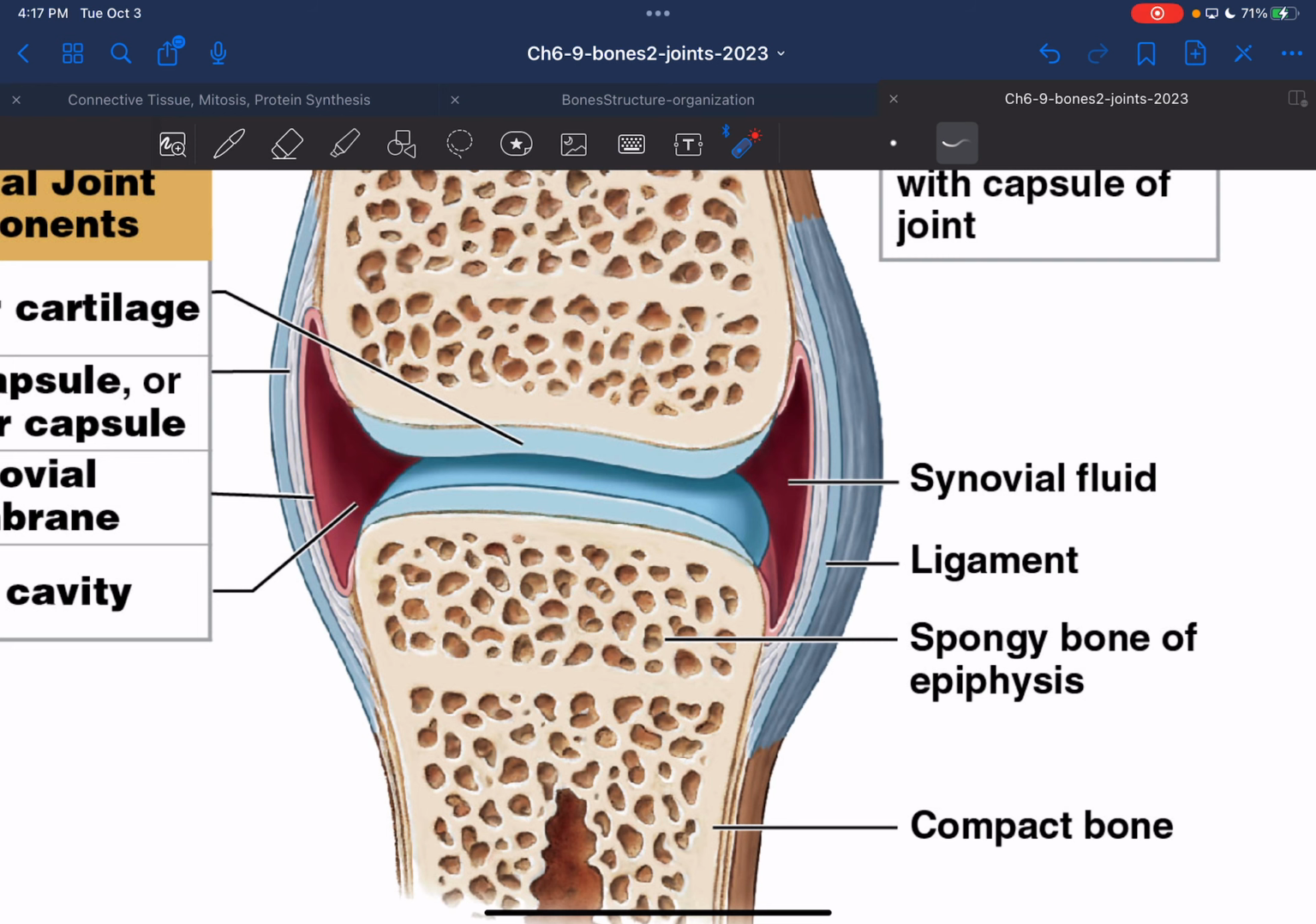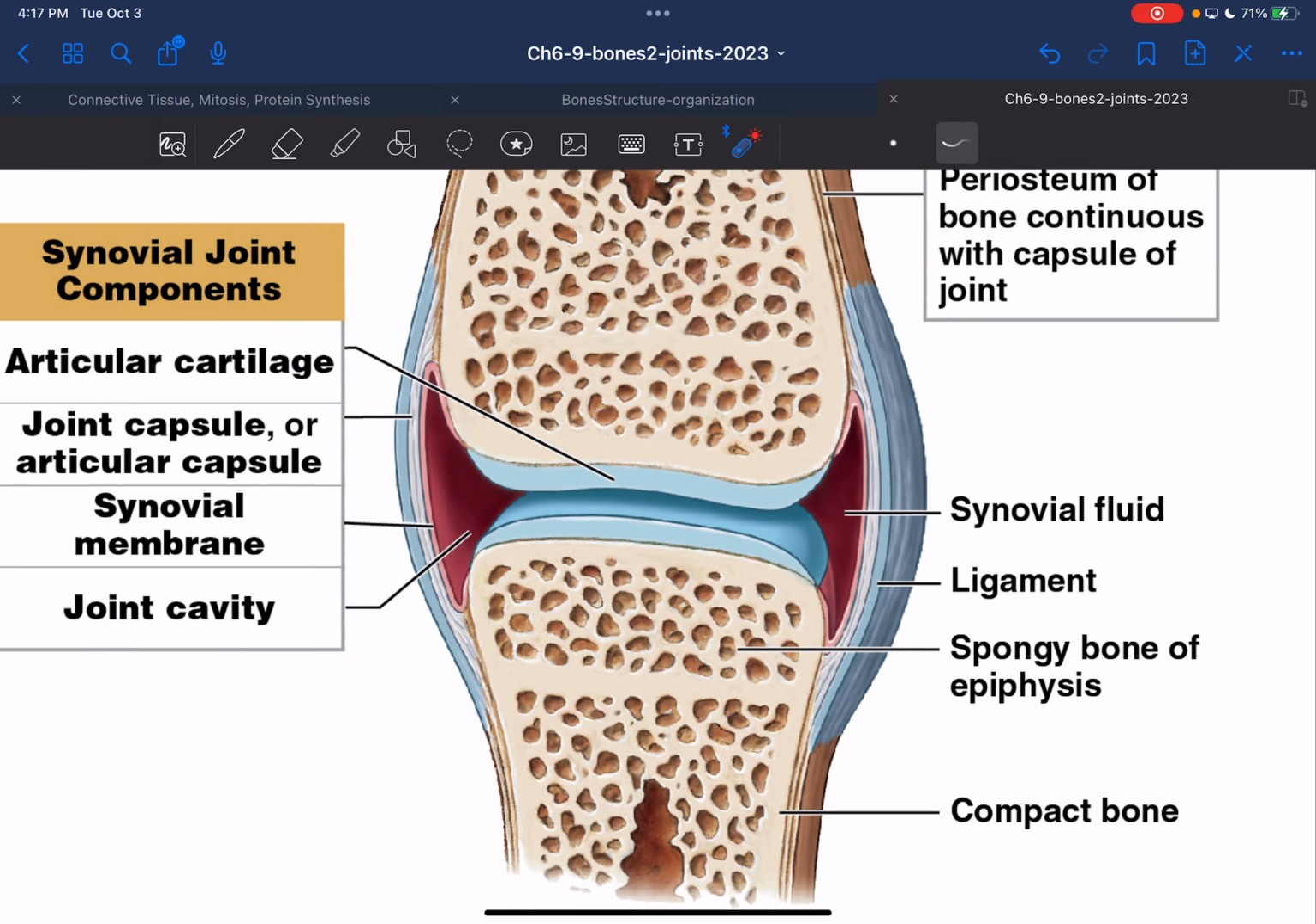And so this synovial fluid does a few things. Among those is that it provides some structural integrity to the actual synovial joint. And with that,